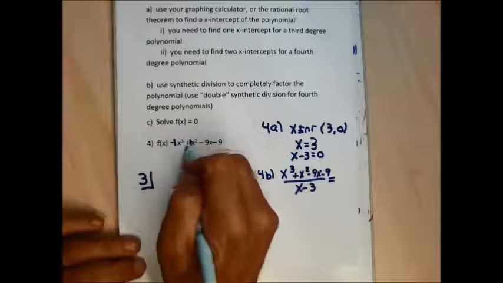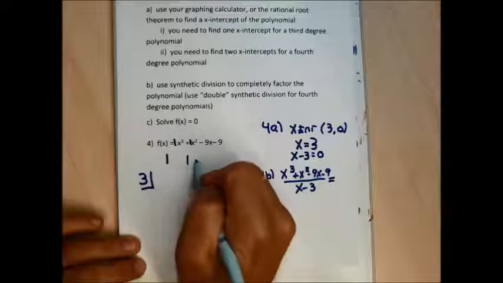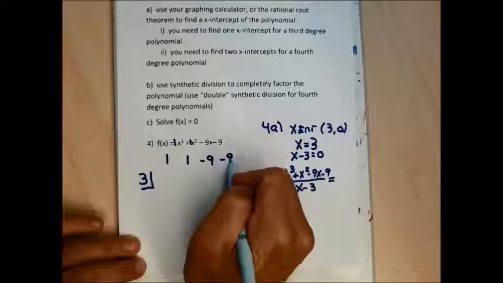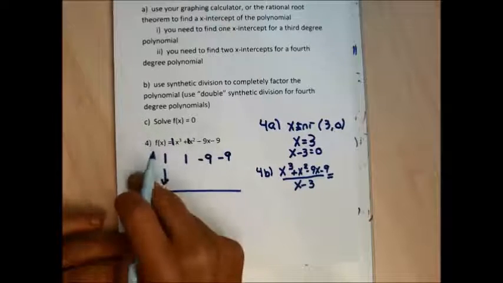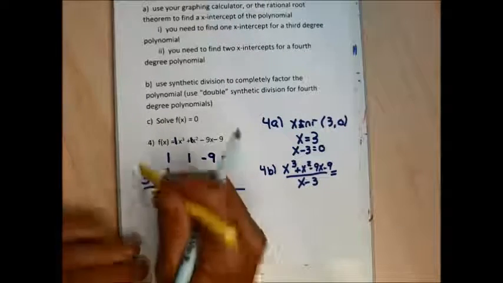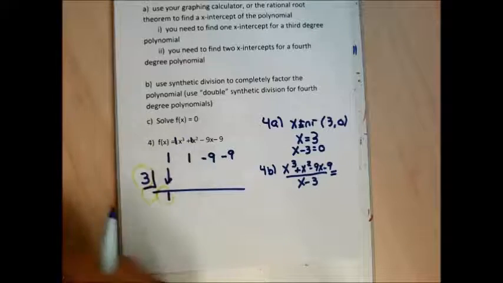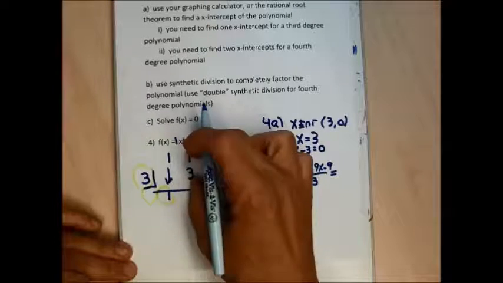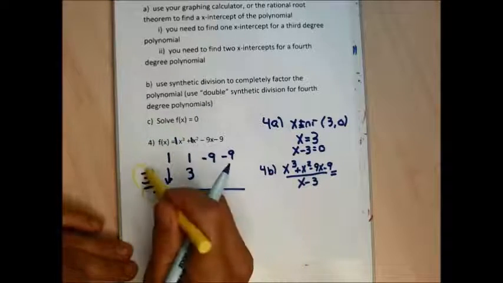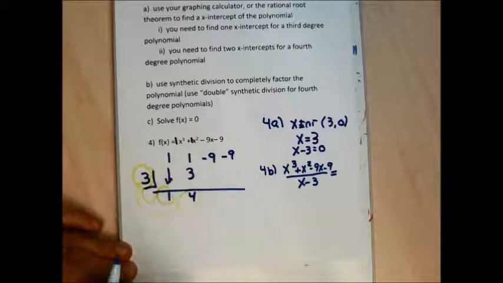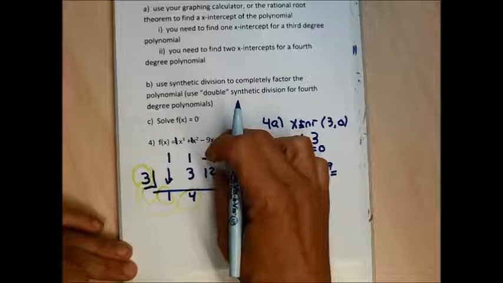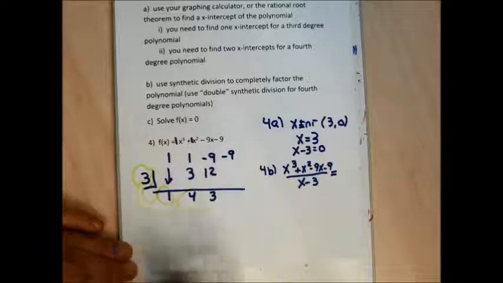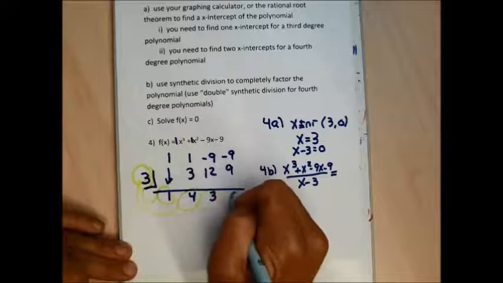I'm going to pull off the coefficients of these numbers, so 1, 1, negative 9, and negative 9. I'm going to bring down the 1 and then multiply 1 times 3, or 3 times 1, and get a 3. I'm going to add this 1 and 3 and get a 4. Then I'm going to multiply the 3 times 4 and get a 12. These have opposite signs, so I'm going to subtract and take the sign of the larger and get a positive 3. And then I'm going to multiply 3 times 3 and get a 9, get a 0, which is the